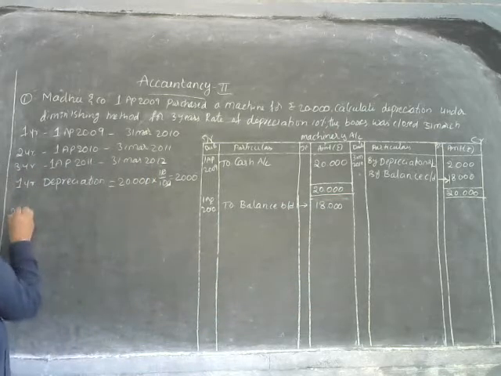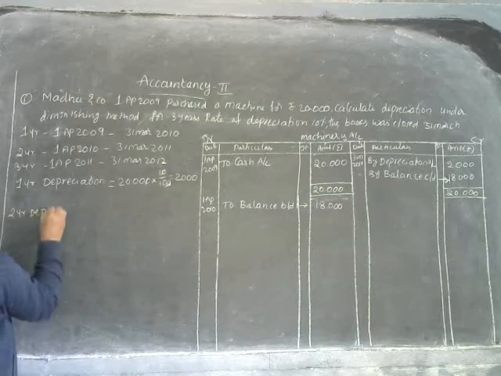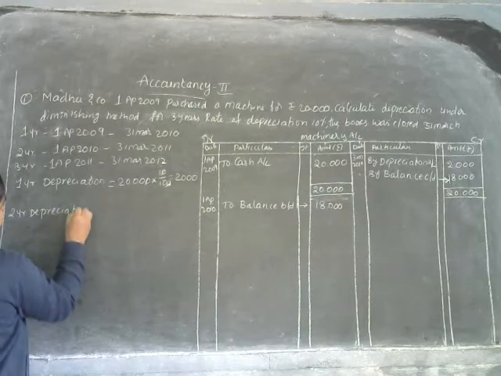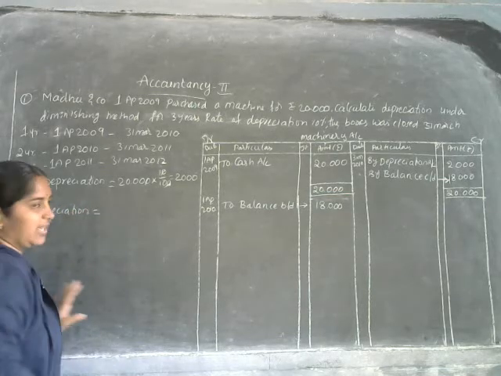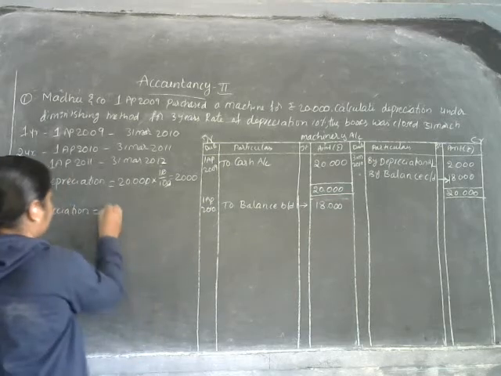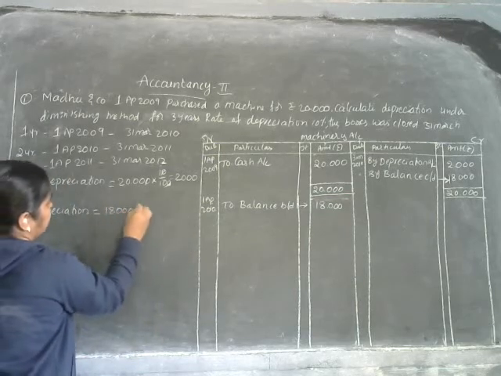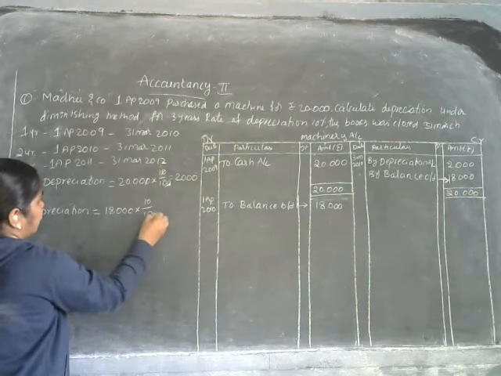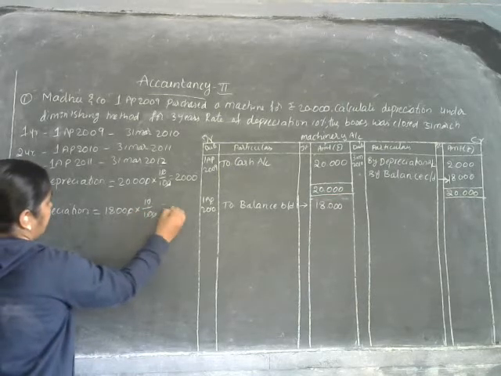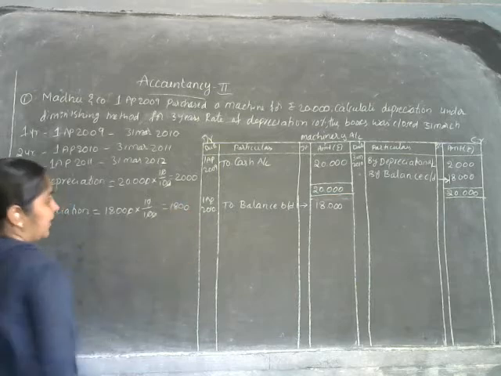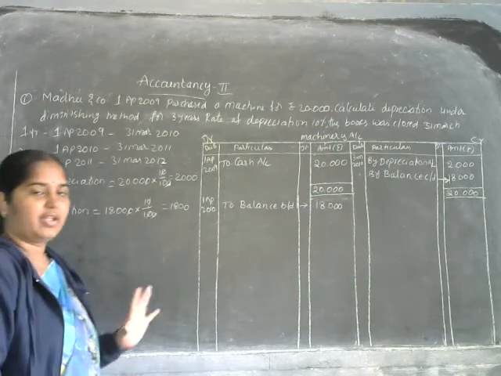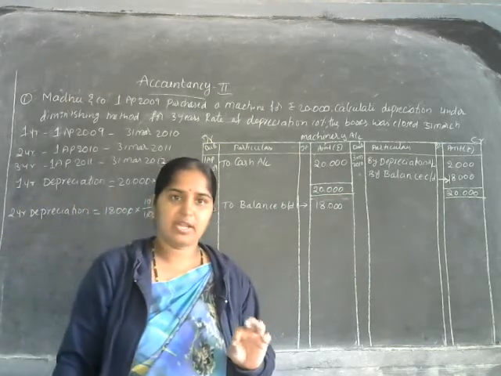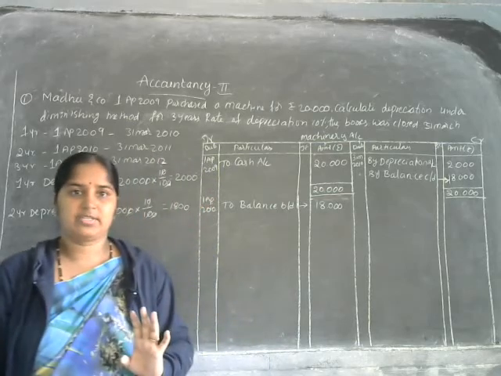Write the second year depreciation. So what is the second year brought down value? 18,000. So right here 18,000 into 10%, it becomes 10 by 100. So 0 0 cancel and 0 0 cancel. What is the depreciation in the second year? 1800. Okay. అర్థమవుతుందా? ఫస్ట్ ఇయర్ లోనే కాస్ట్ ఆఫ్ ది అసెట్ పైన క్యాలిక్యులేట్ చేస్తాము.